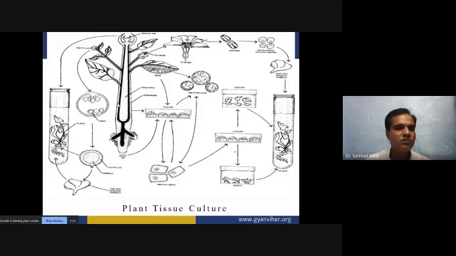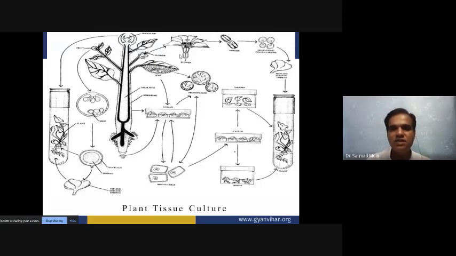So for direct micropropagated plant production, we can take the explant from normally meristematic cells, or normally we can take the explant from the tissues arising from the axillary bud or shoot tips, and these shoot tips and axillary buds are able to propagate very fast. That's why they will respond very well, and the number of days we can reduce to 30 to 60 days, and in 30 to 60 days the direct propagation can complete.